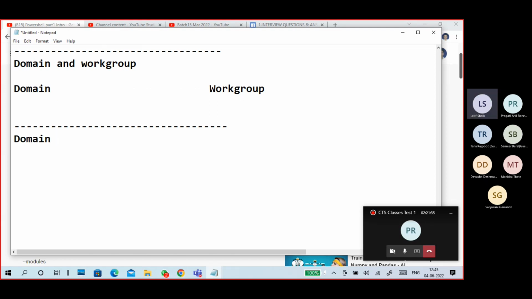Again, what is a domain? A logical administrative boundary of users and computers.